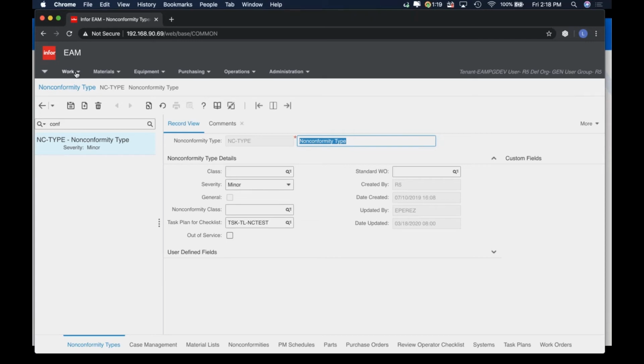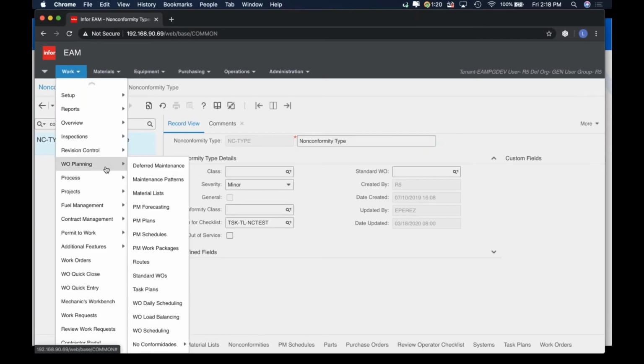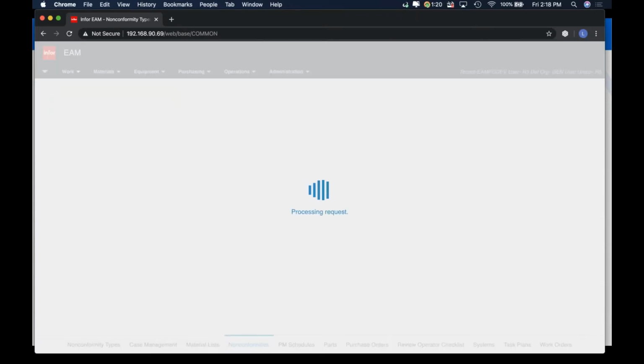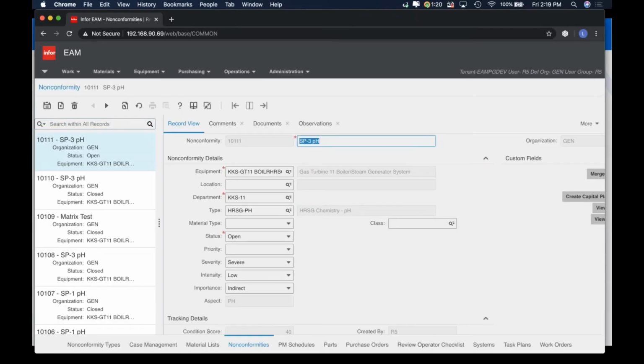So aside from that, now let's look at the actual screen where we can look at non-conformities. This over here is the non-conformity screen itself. I'm going to look for one over here so that we can take a quick look at that. So we have this nonconformity